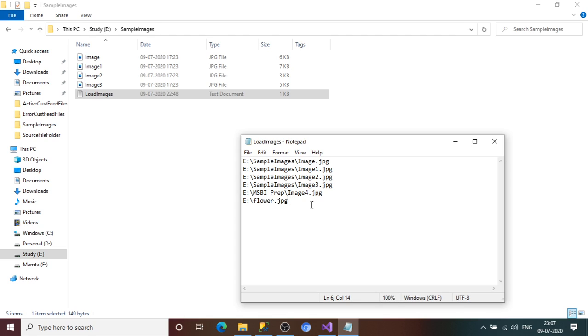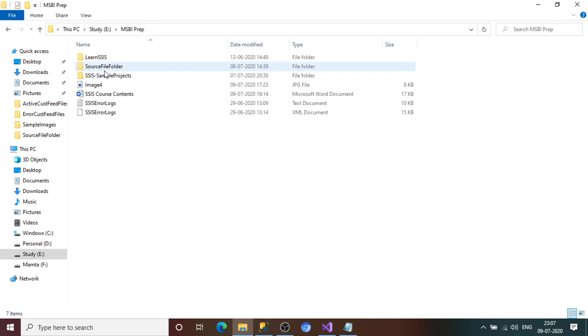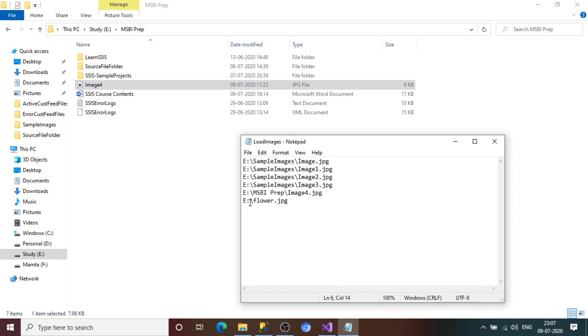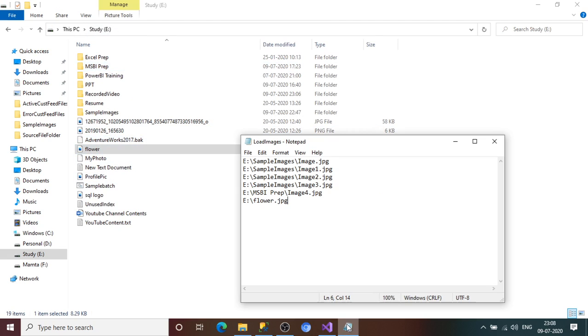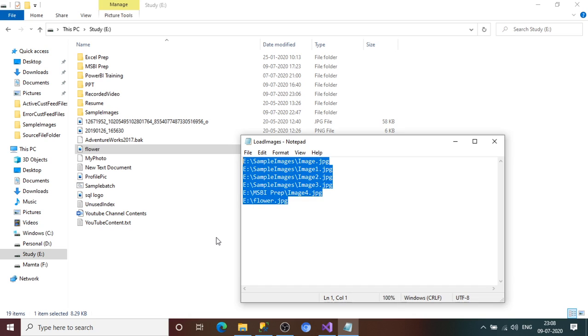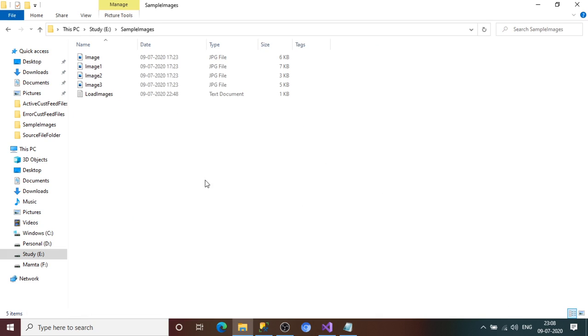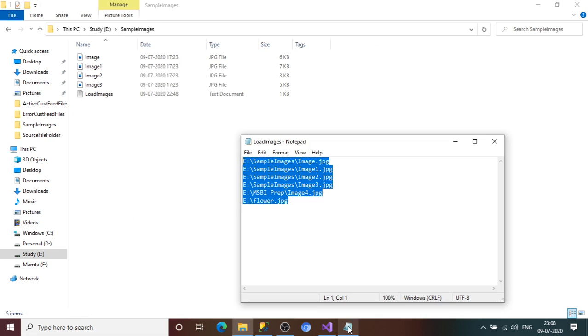I have a total of 6 images, and this fourth image is in this folder. I'll show you quickly. So this image 4, and the last image is in the root directory of the E drive, flower. So this project is all about loading all the images which are available in this file. Okay, so let's get started.